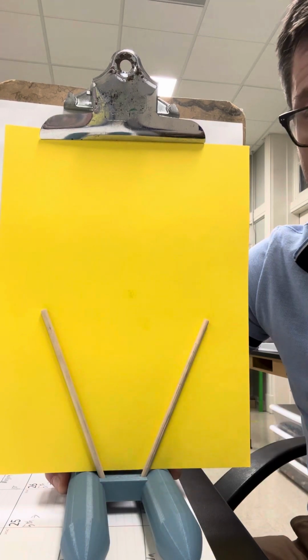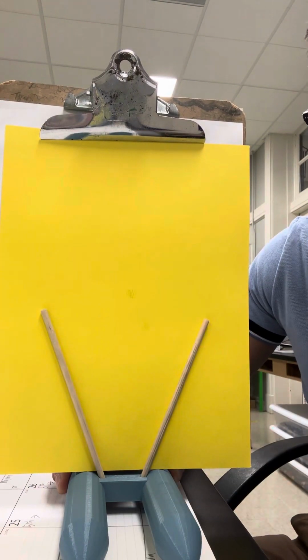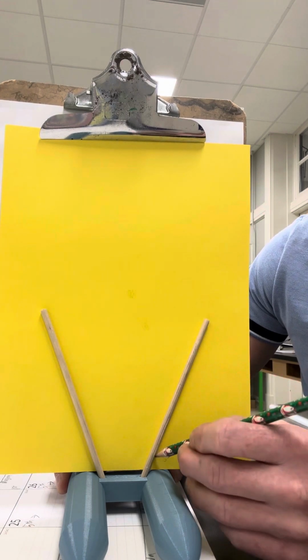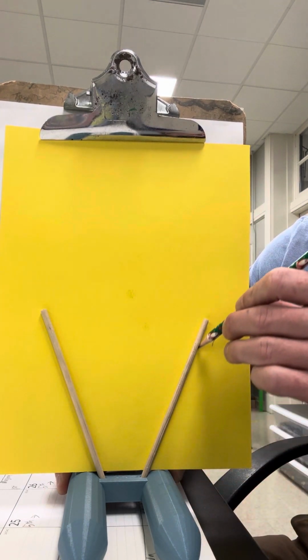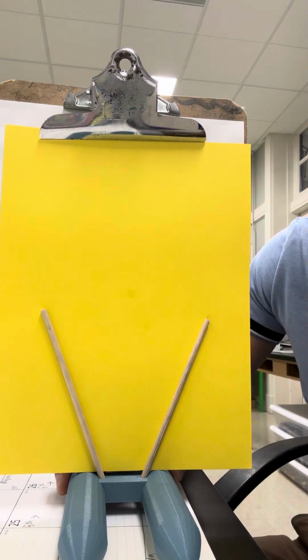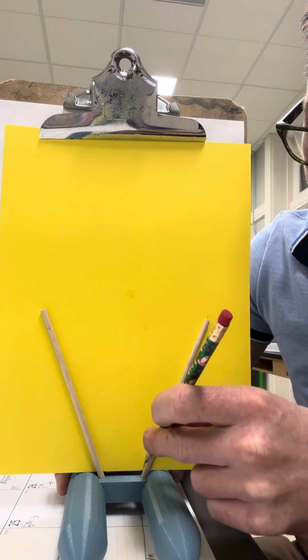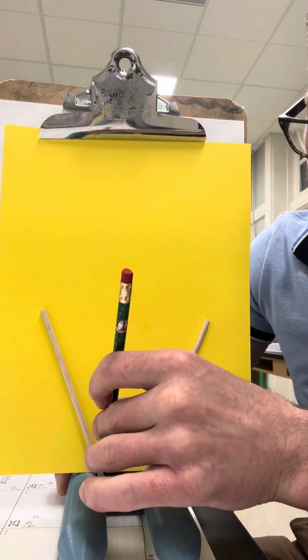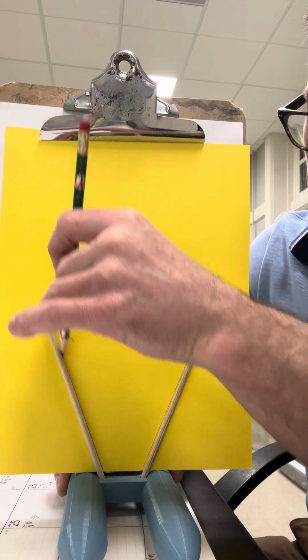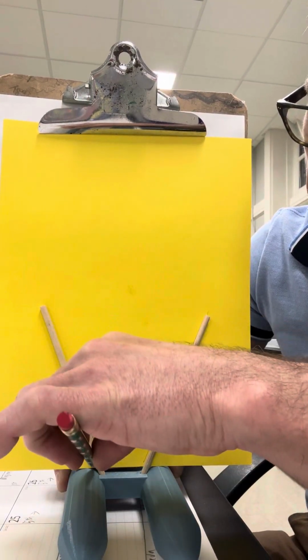right about now. I'm now going to draw lines on both sides of my sticks, showing me where my sticks go. Once I draw my first line, nice and straight, I am not gonna move it. At this point, I've drawn one line. If I move it, I gotta start all over. I just wanna know exactly where those sticks are. Once I know, I'm in a real good shape